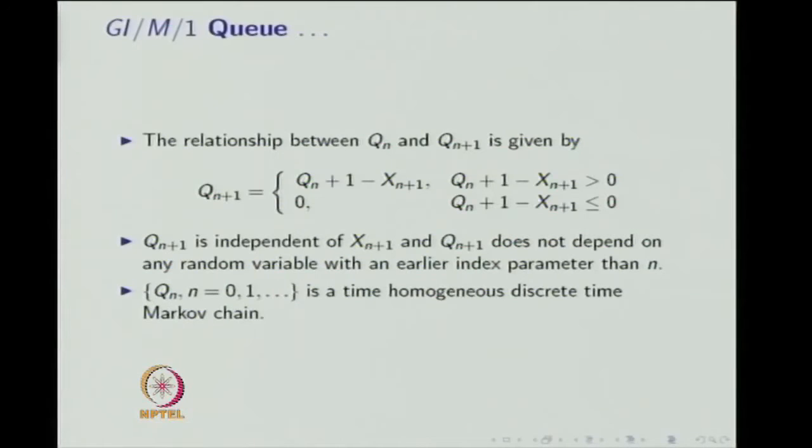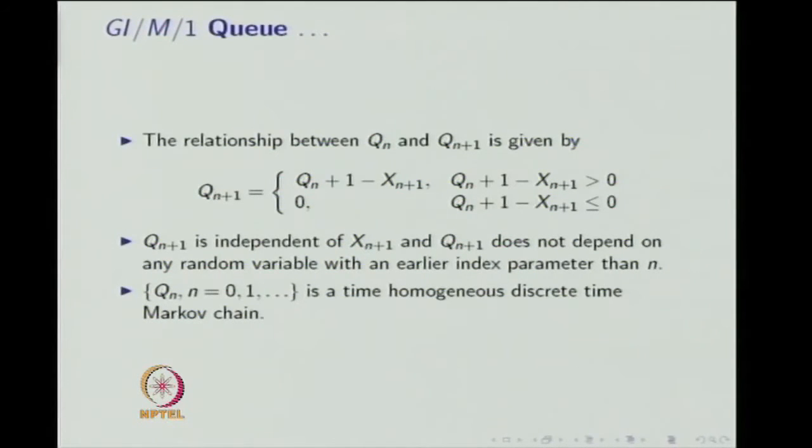Q(t) is a discrete state continuous time stochastic process, and Q_n is a discrete time discrete state stochastic process. Since Q_{n+1} is equal to Q_n + 1 - X_{n+1} or 0, and Q_{n+1} is independent of X_{n+1}, as well as Q_{n+1} depends only on Q_n,